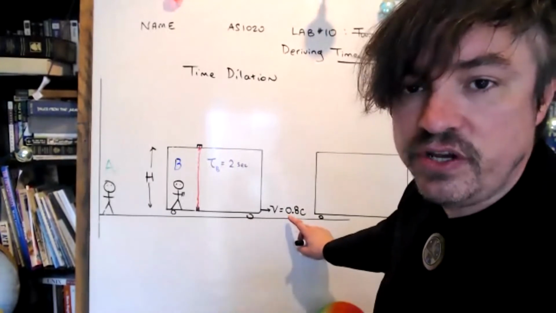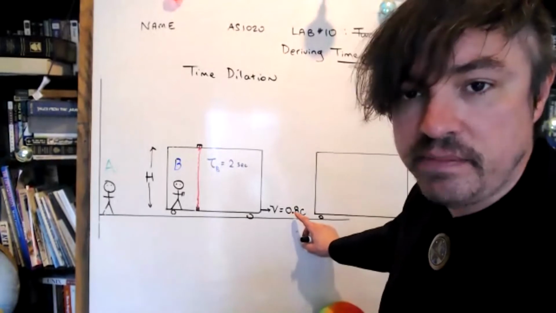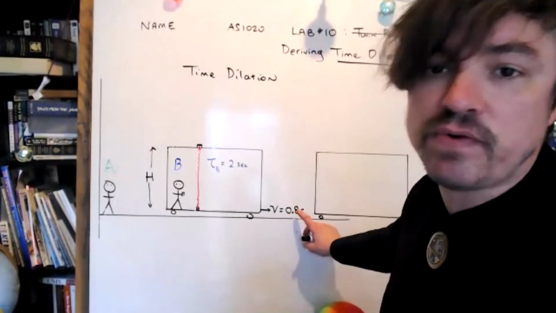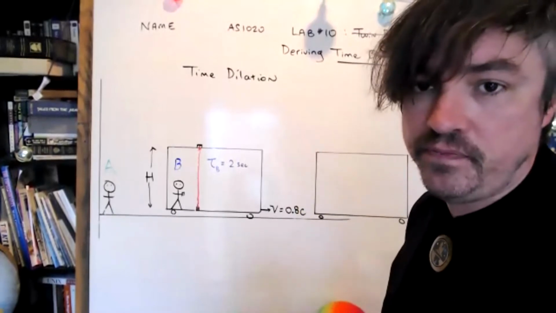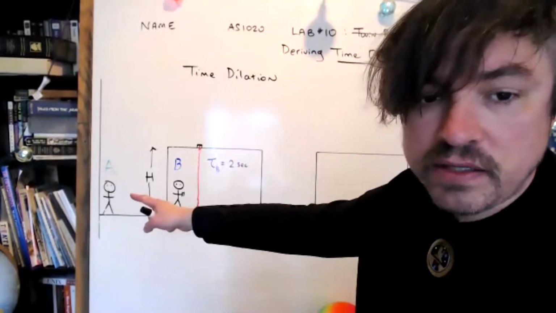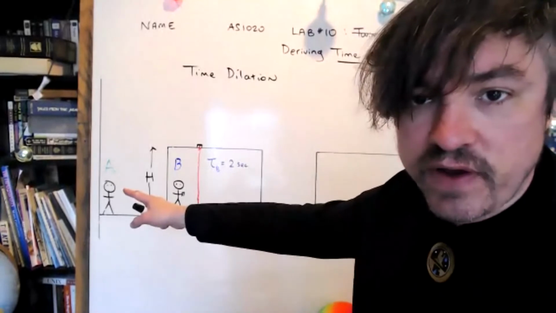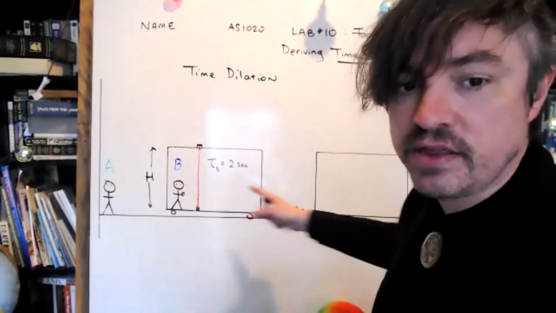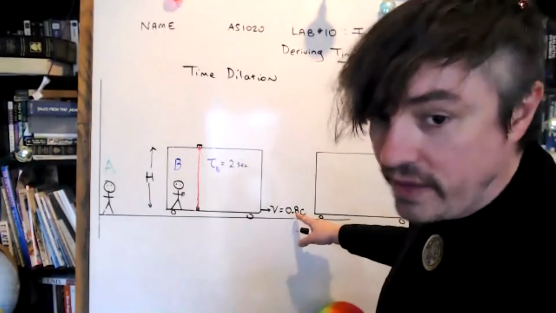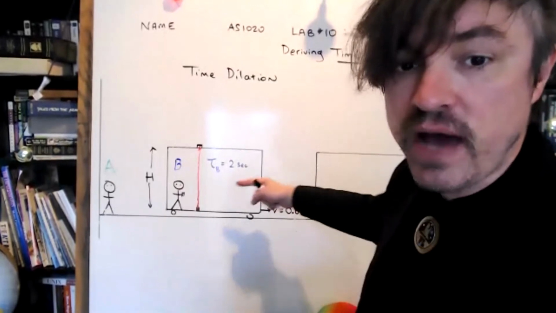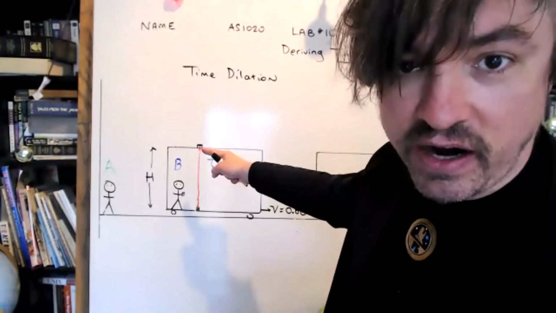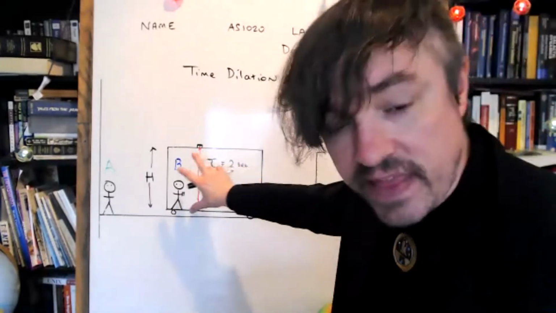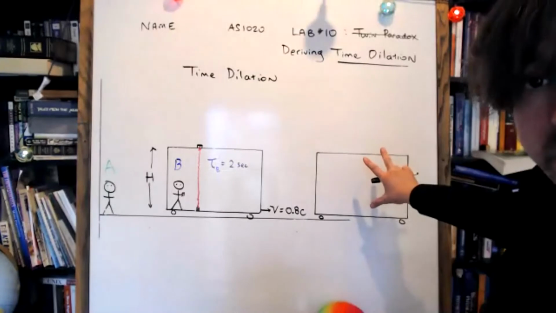One does not begin to notice relativistic effects, such as time dilation, until you approach roughly 20% the speed of light. Then things start to get buggy. Okay, pretend for a moment that you're observer A, and you're watching the cart roll forward quite rapidly in time. You guys agree that it takes time for the laser to go from the bottom of the cart to the top of the cart, right? And during that time, the cart is rolling forward, correct?